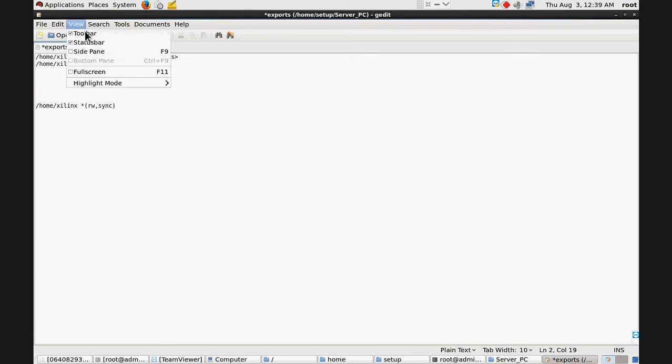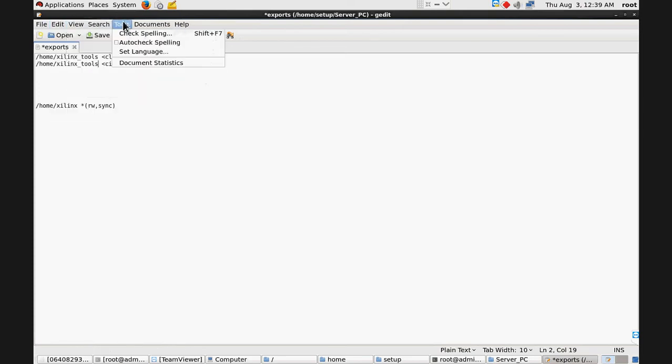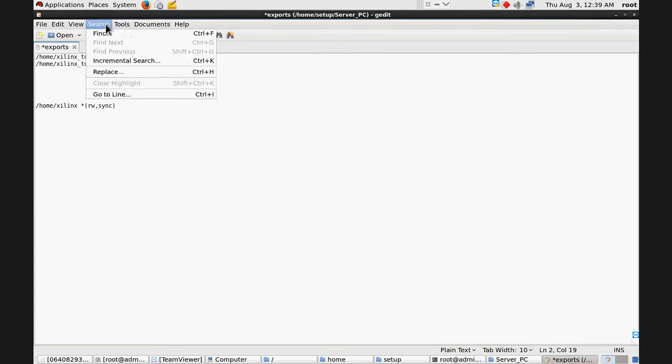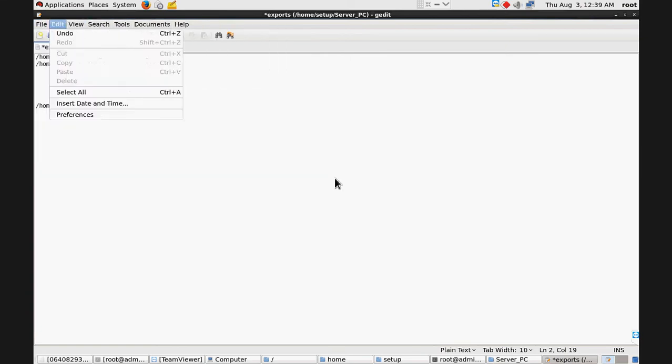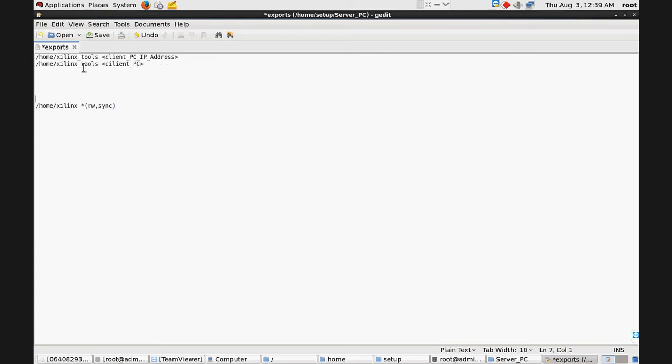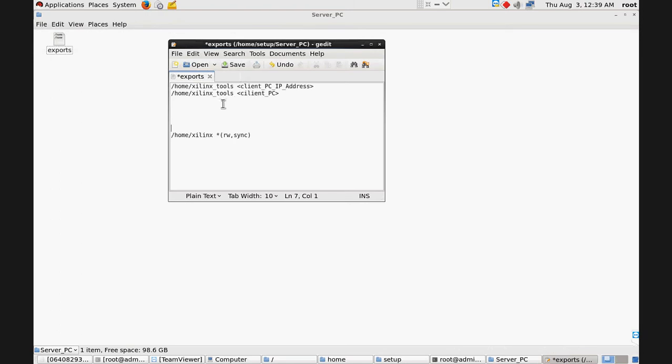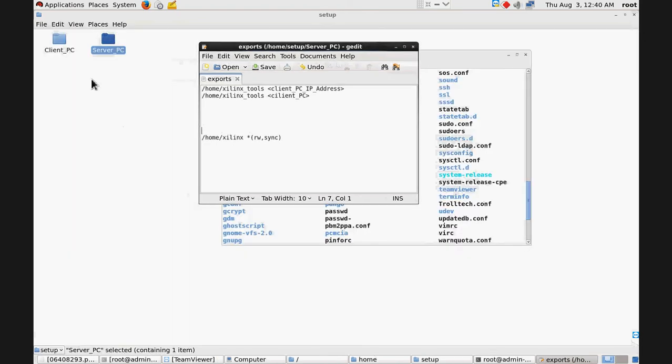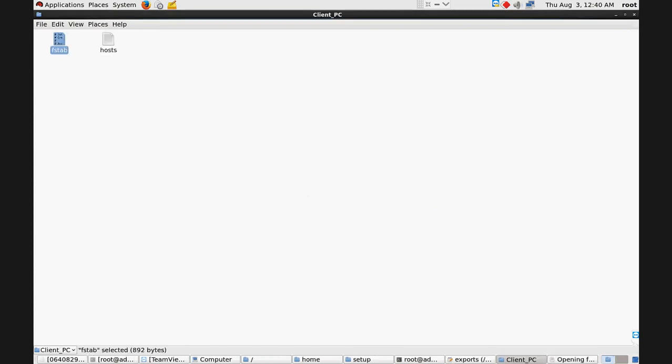Tools. So what I want to say, okay, save it. So why I am giving this one, here you will leave tools. So this is a server PC. Actually here is the name of home Xilinx, but here we write the command of Xilinx tools. So what do I do in the client PC, when you go to fstab,